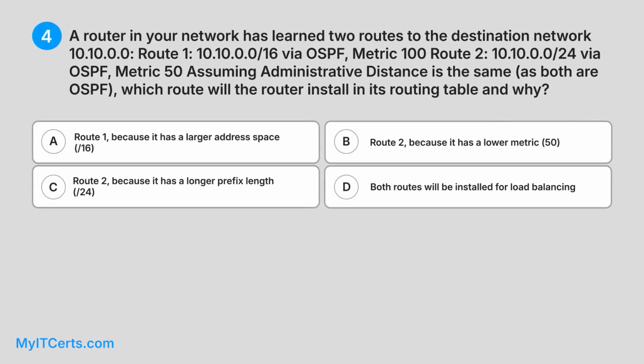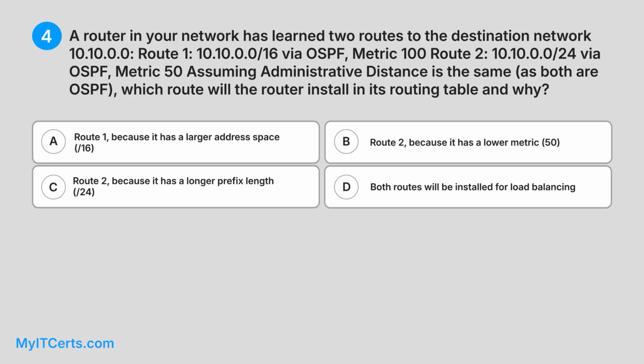4. A router in your network has learned two routes to the destination network 10.0.0.0. Route 1: 10.10.0.0/16 via OSPF, metric 100. Route 2: 10.10.0.0/24 via OSPF, metric 50. Assuming administrative distance is the same, as both are OSPF, which route will the router install in its routing table,